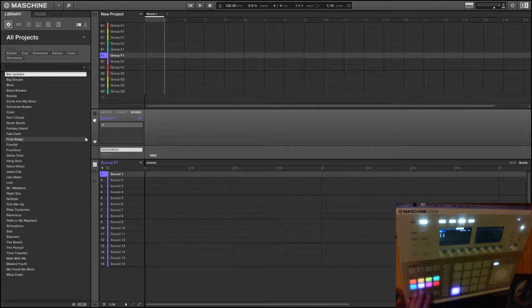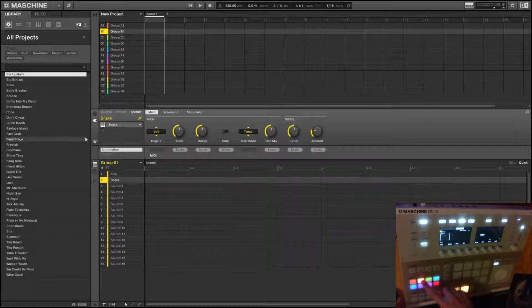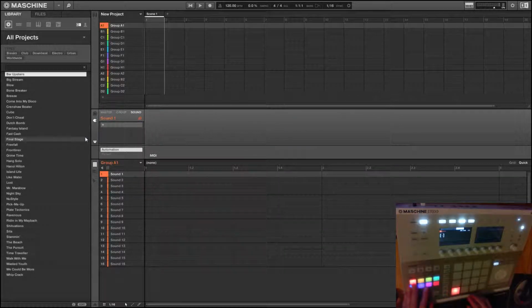So that means that the selection of a group is stateful. That means that every group that you create remembers which selected sound it has. So whenever you go back to the group,